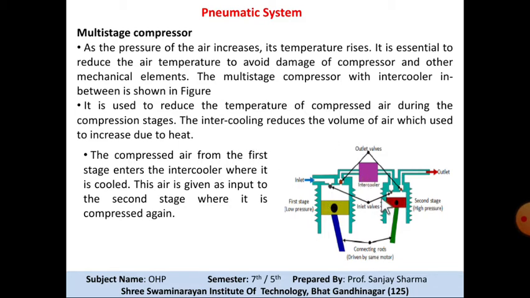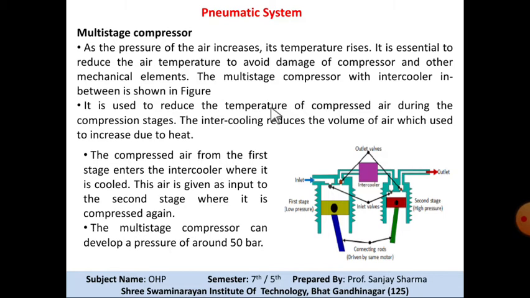In our institute also we have a 2-stage multi-stage compressor which is available in the DOM lab or the pneumatics and hydraulics lab also. The multi-stage compressor can develop a pressure of around 50 bars. So when a higher pressure is required, this multi-stage compressor is used. Now,